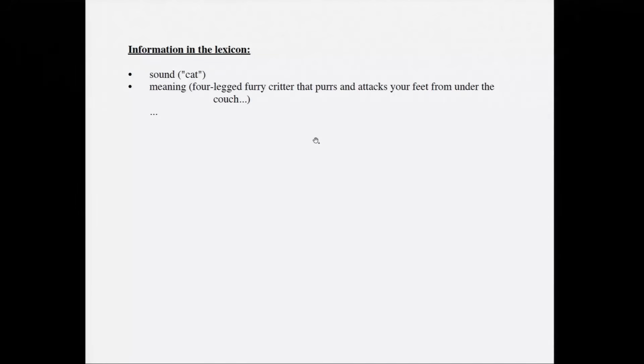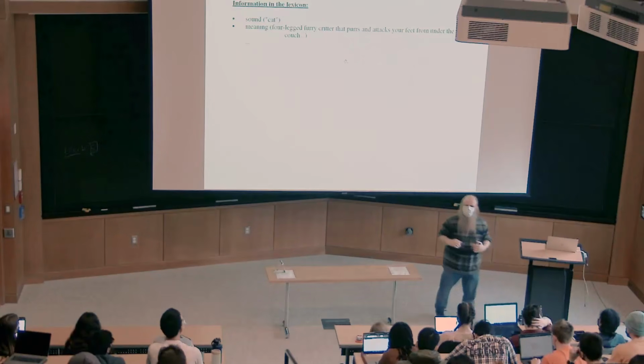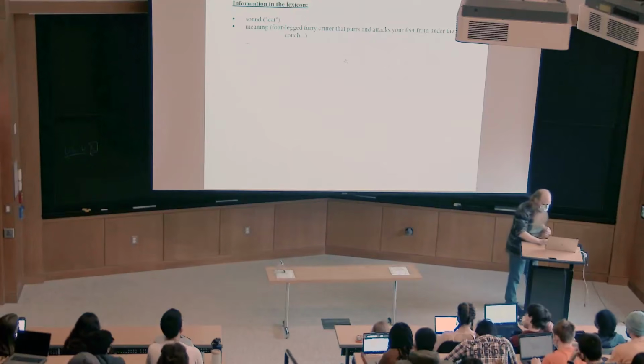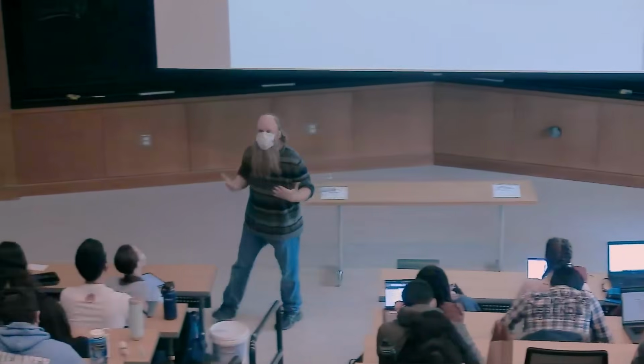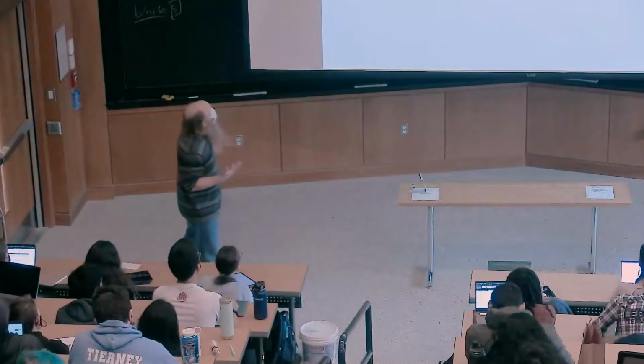Okay, cool. So what's in our lexicon? We have these entries that have information about sound. So here's a word. It's pronounced cat. We're going to talk later about how to talk carefully about how to pronounce words, like what exactly you're saying when you say that it's pronounced cat. But one of the things that's known about this word is that it's pronounced cat. Something about its meaning, whatever. I showed you a picture of a cat before. Maybe that was better than what I've done here. And then the kinds of information that I've been talking about, you have to list whether the morpheme is bound or free, because that's not the kind of thing that is